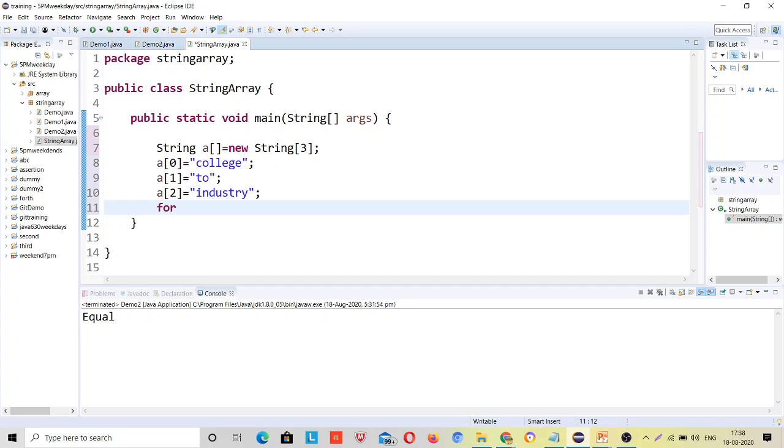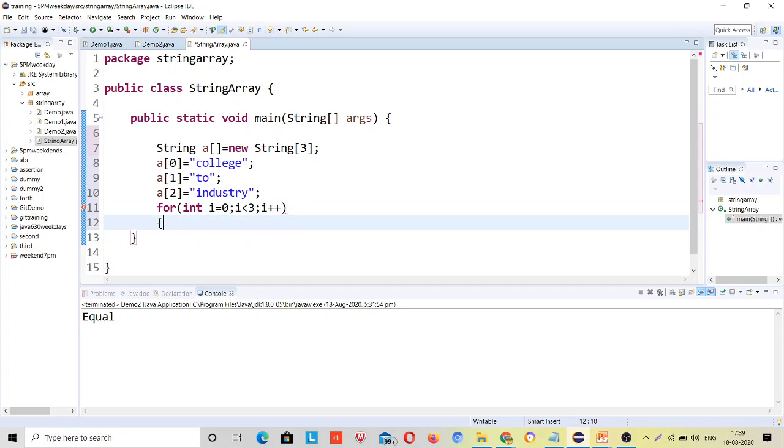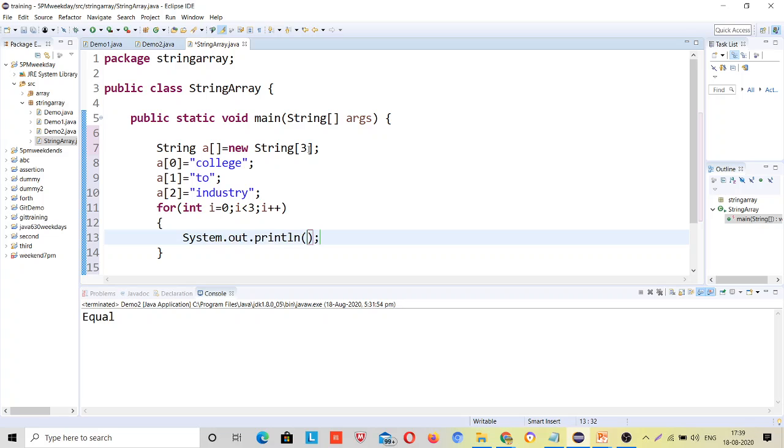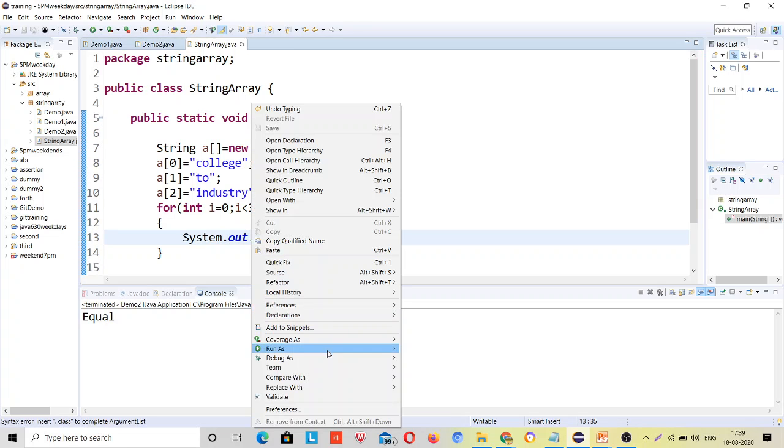Now I will run a loop from 0 to i less than or equal to, sorry, either I can make it i less than or equal to 2, or i less than 3, i plus plus, sys out a[i]. I will run it.